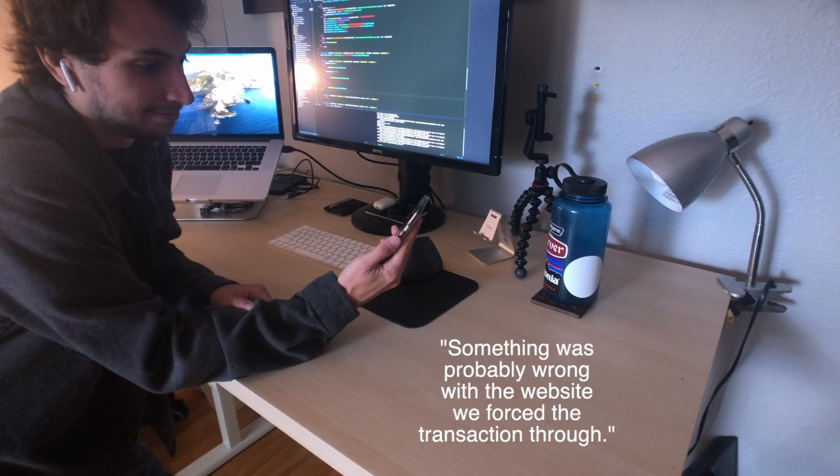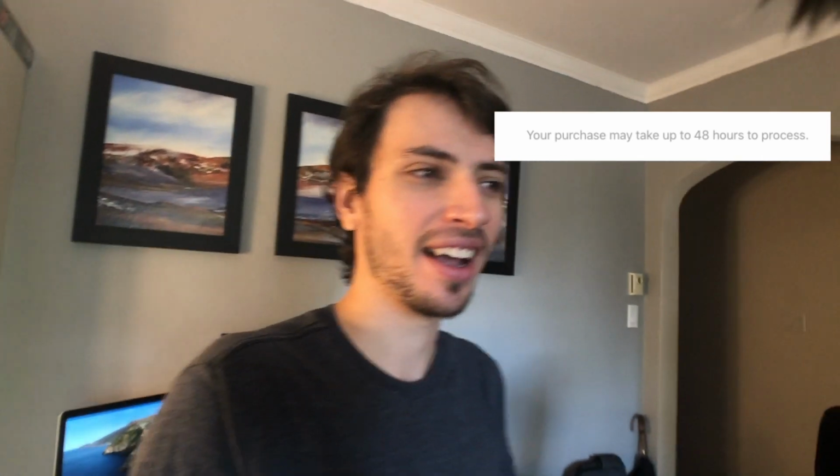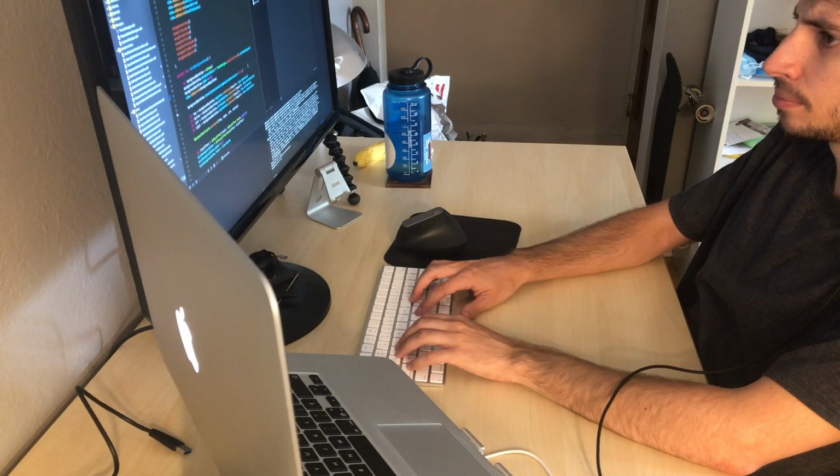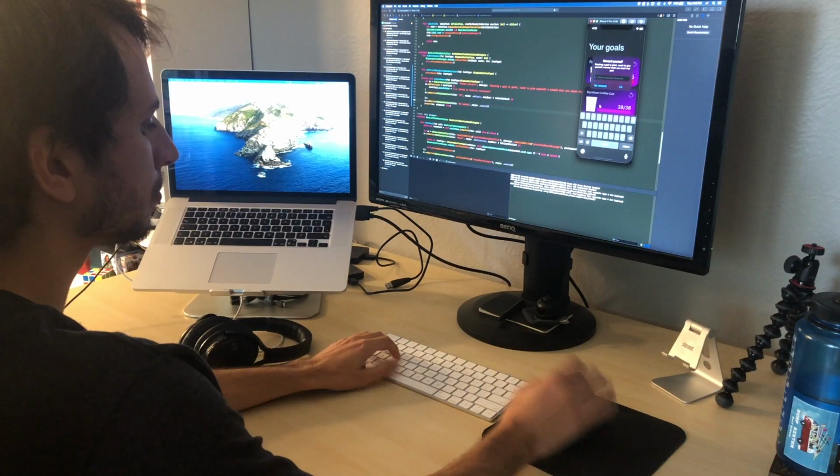And it eventually got figured out and I could make my purchase thanks to my bank. But here's the thing. I was really hoping I was going to be able to work on my in-app purchases today. But I forgot that once you buy a membership for Apple Developer, it can take up to 48 hours for it to be ready to be used. So, because of that nice little message that's on my developer account right now, I have to work on something else. So I basically ended up spending the afternoon working on some random bugs and issues that were just lingering on from a while ago.